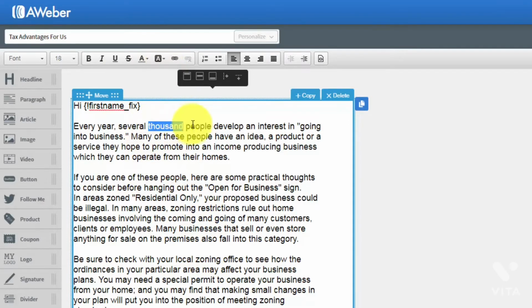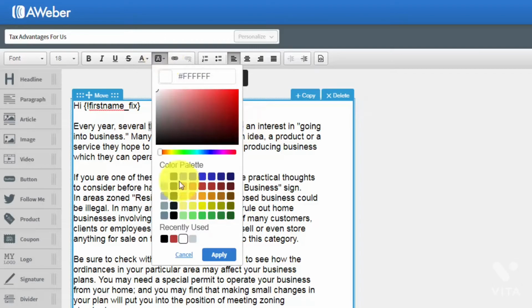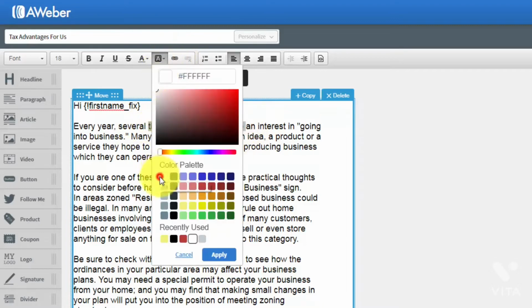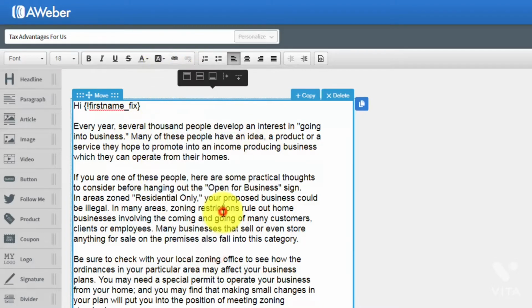So, for example, we could take this text and we can actually put a yellow background there. And you'll see that there is a background. We can take that background right back off and click apply. So you have all of the same text features that you would have inside of any word